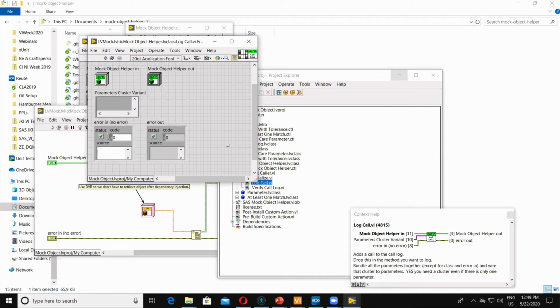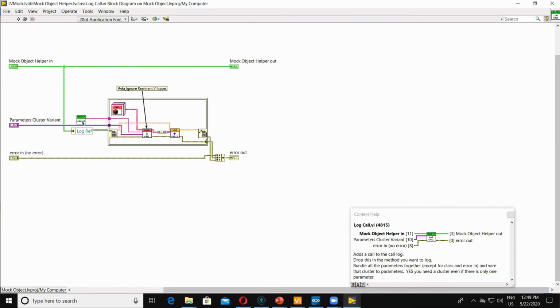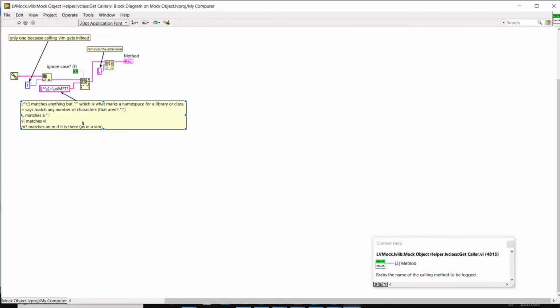And the name of the method I actually get from the call chain, right? So this just looks at the call chain for what's calling this VI, and it grabs it, strips some stuff off, and it just gives you the name of the method. So it strips off all the LV class stuff. It strips off any library namespacing or whatever. It just gives you the name of the method.